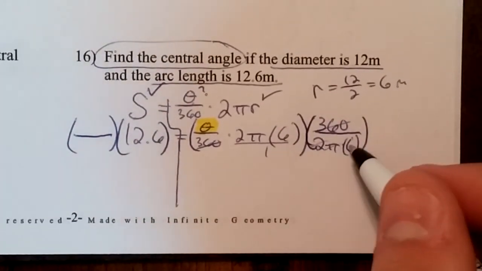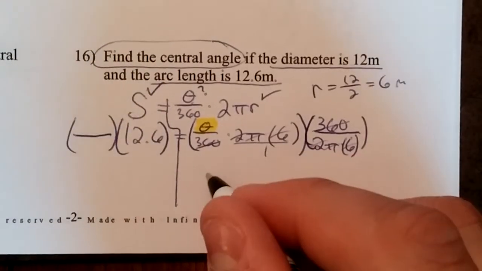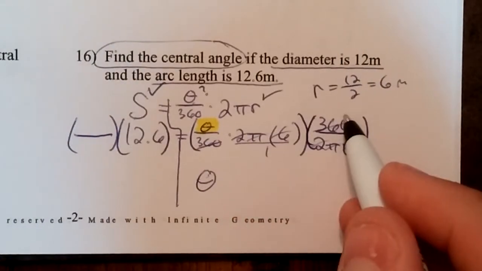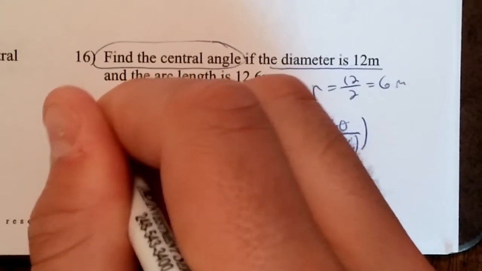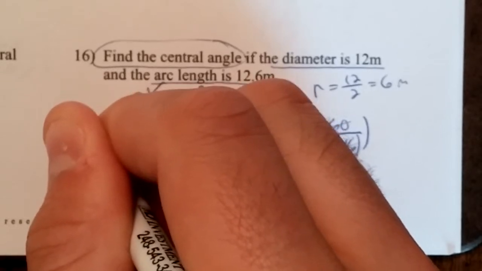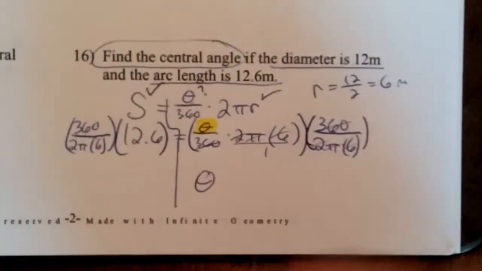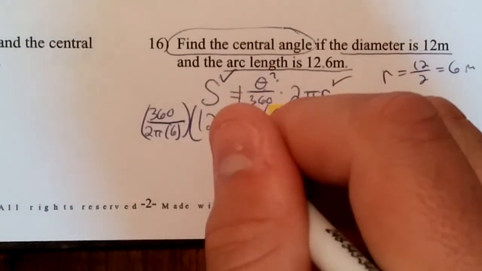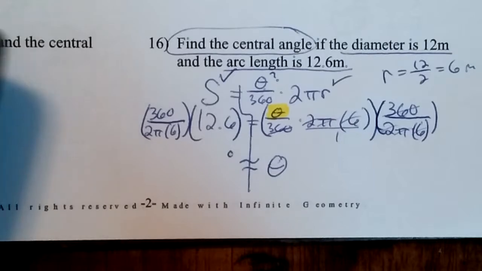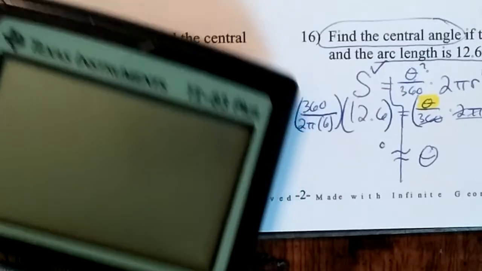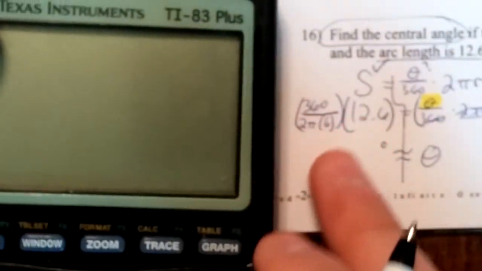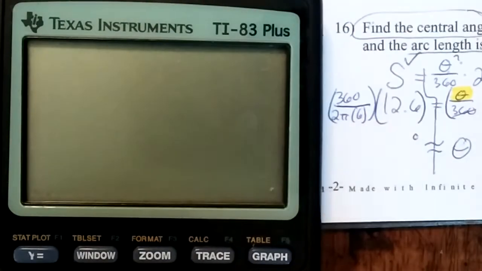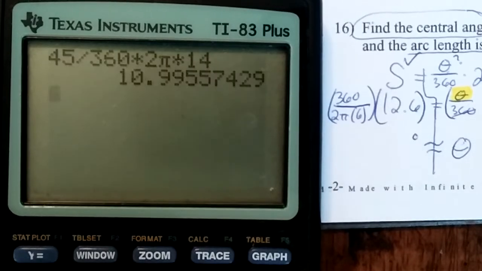So all of it cancels out. And you're left with just theta on this side. Now repeat this fraction over here. 360 over 2 pi 6. And we're going to type this in all at once and approximate it. So it's going to be in degrees. I'm going to show you how to type it in right now. We're typing in this piece right here, 360. So it's going to be 360